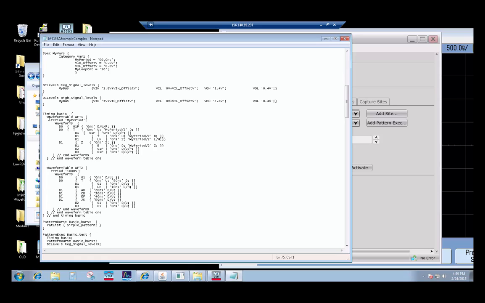In this case, I've declared multiple waveform timing blocks. Here's waveform timing block 1, here's waveform timing block 2. Waveform timing block 1 uses the variable I set up, which is called myPeriod. MyPeriod is declared up here at 50 nanoseconds. The characters that are declared in the waveform timing blocks are associated with actions. It's a little bit hard to read here, so let me edit this, make it a little easier to see things line up here. And you can see